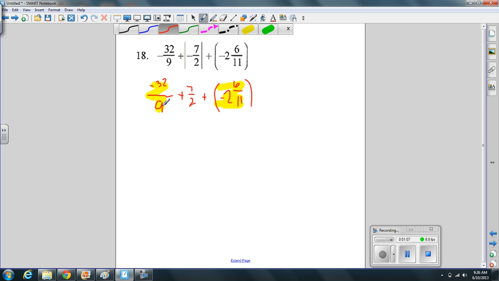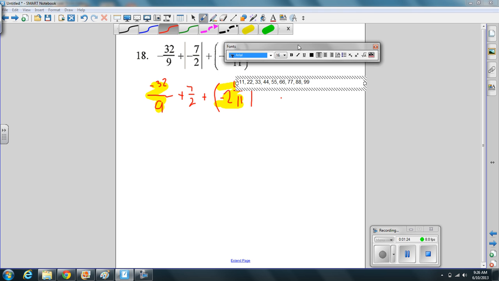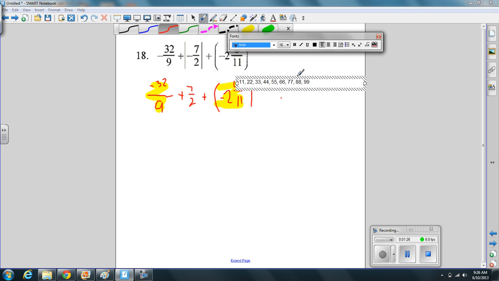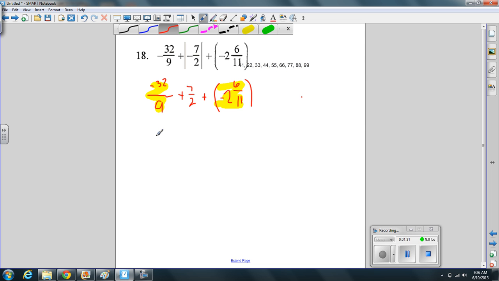So if I take a look at 9 and 99, well, I'm going to count by 11. 11, 22, 33, 44, 55, 66, 77, 88, and 99. A number that both 9 and 11 can go into evenly would be the 99. So my new denominator for just the two highlighted yellows is 99 plus